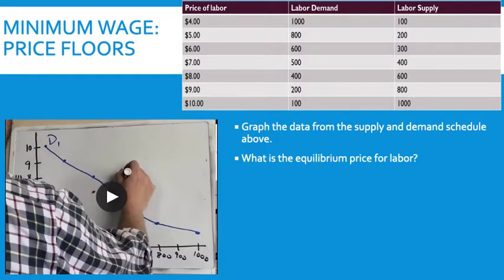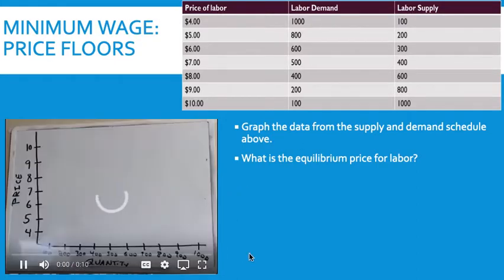If we look at minimum wage, we can graph this. So we're going to graph this data, all these different prices or wages that we pay workers. Think about demand. This can be confusing. The people that demand the labor aren't the workers. The people that demand labor are the employers. So if I have a business, I demand workers. I need people to run my business. The people that supply the labor are the workers themselves. So that can almost seem like the opposite sometimes when we look at demand and supply. But if we graph that,